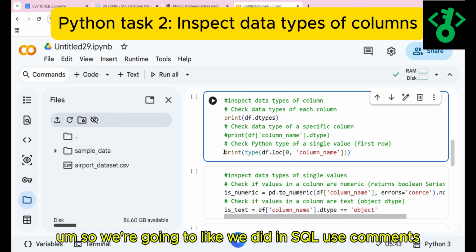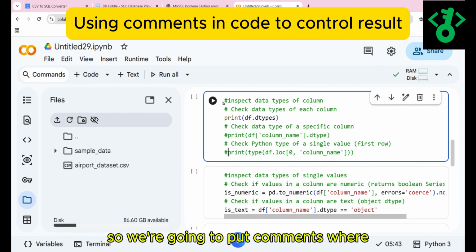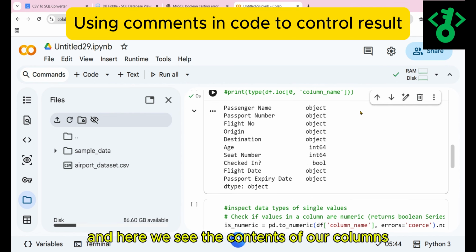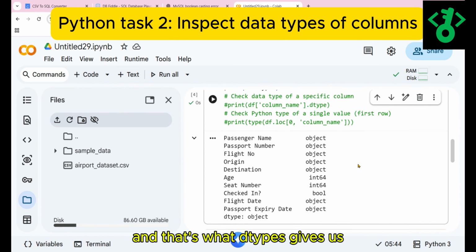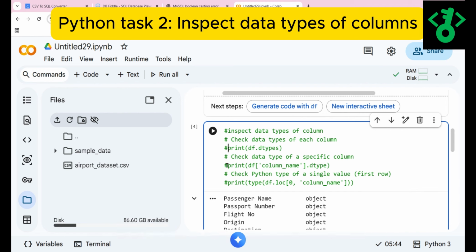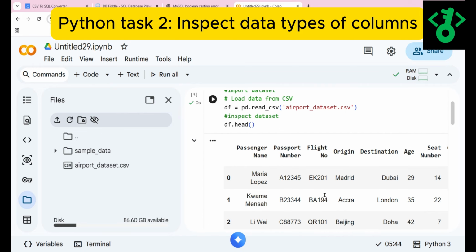So we're going to, like we did in SQL, use comments. So we're going to put comments where we don't want to run the code yet so that we can see. And here we see the contents of our columns. Each of them, we see their types here, and that's what dtypes gives us. We print it out. And next up, we're going to take a particular column. We put the name there. Let's take,